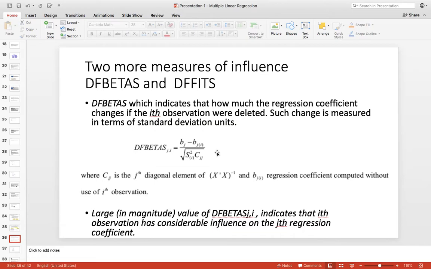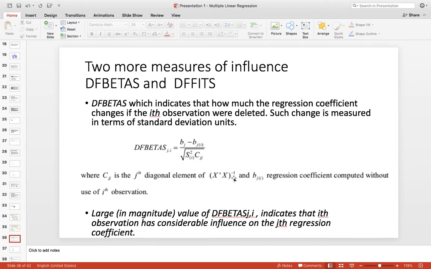Such a change is measured in terms of standard deviation units. So DFBETAS is calculated as b_j minus b_j(i), divided by the square root of S squared times C_jj, where C_jj is the jth diagonal element of the (X transpose X) inverse matrix.